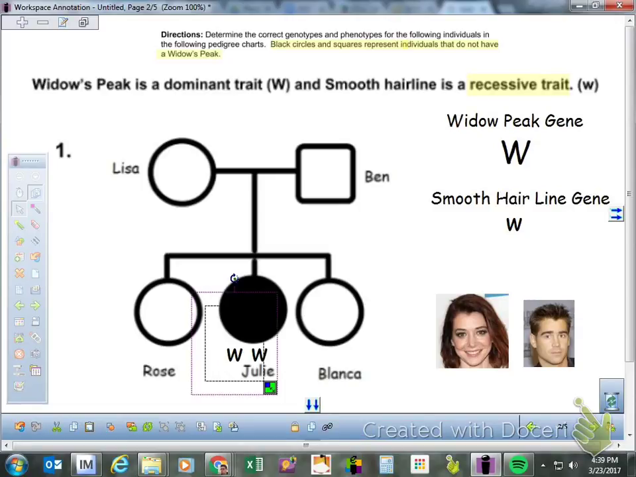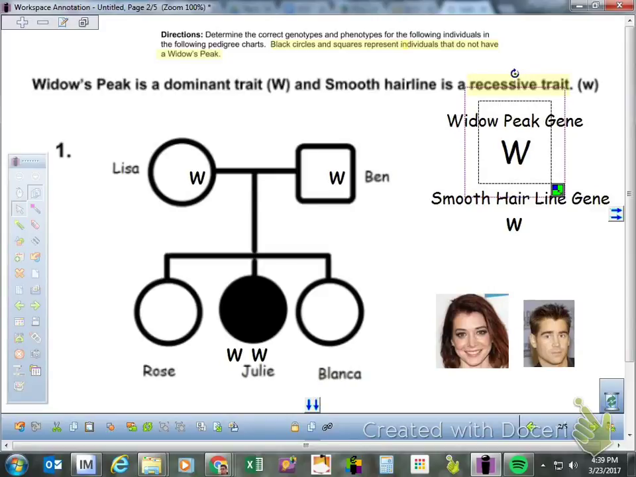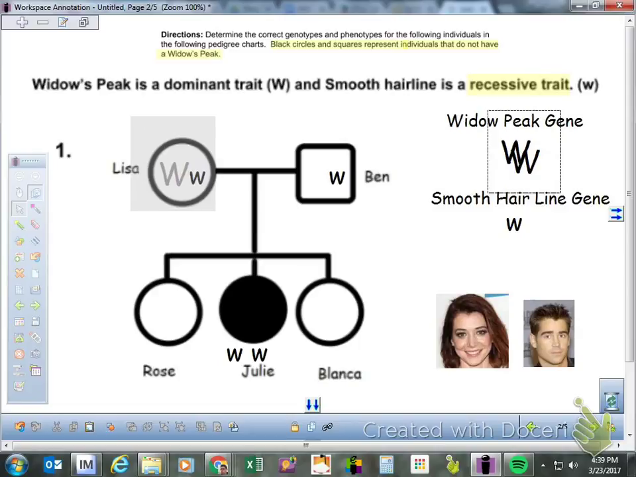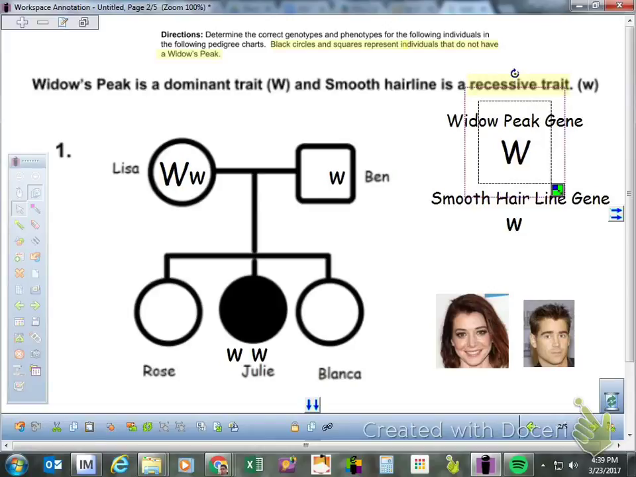Mom, we know that one of these W's came from her, and we know that one of these W's also came from the dad. So there we go, right? Now we also know, because it's a white circle and a white square, that they have a widow's peak, okay? So therefore we have to give that gene there, and there it is. So we know that they are heterozygous